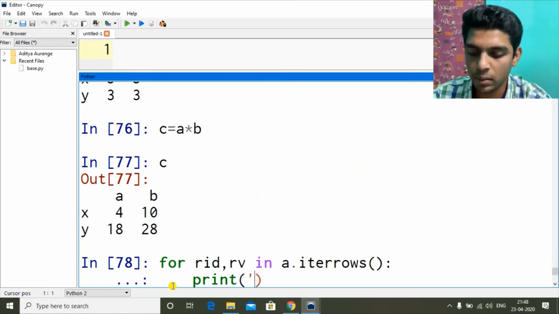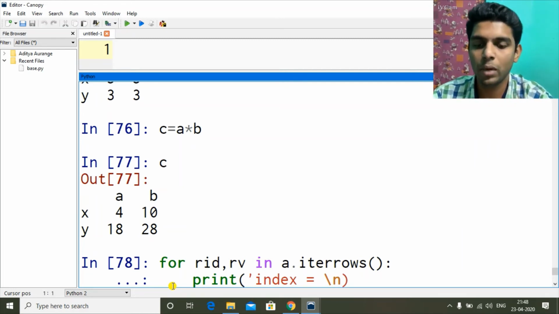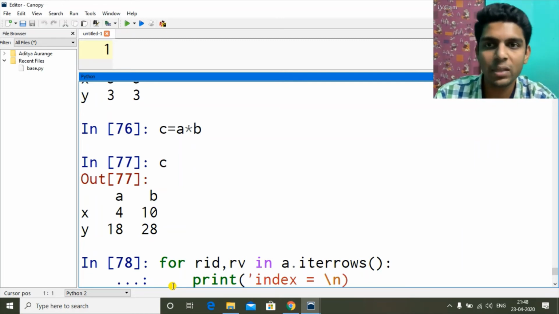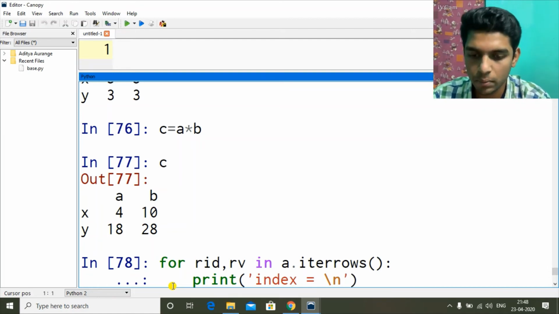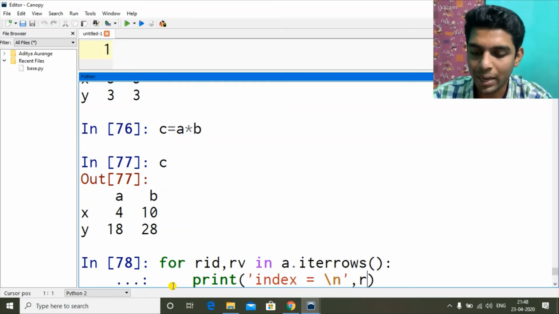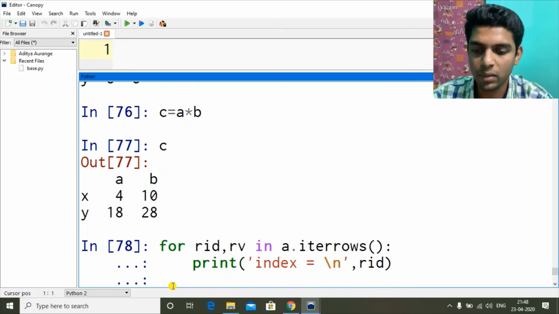Message first. We will say index equal to, and we will move on to the next line. Slash n just adds one more line, a new line. So the content after slash n will be displayed on another line. Slash n means new line, comma RID. So that is one thing I want to print for each row.